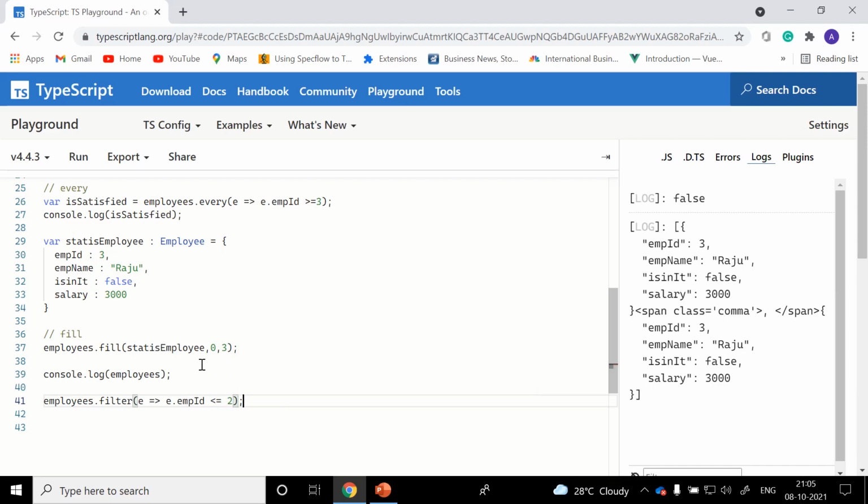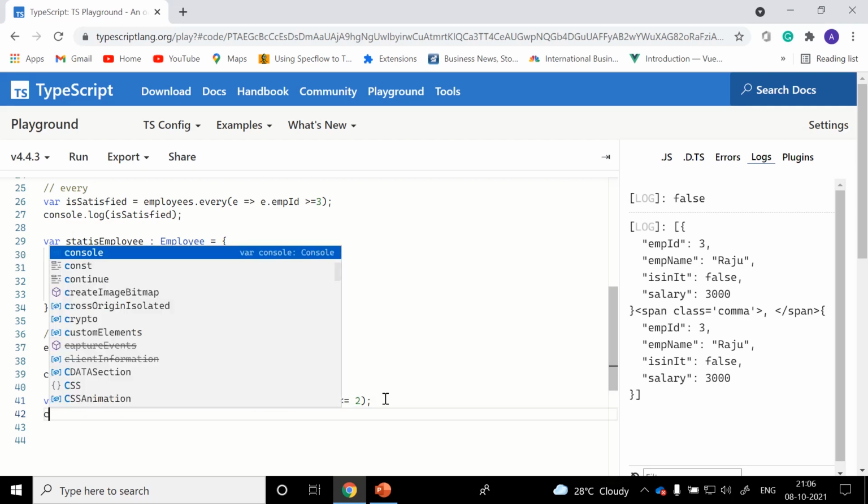I want to get all the employees whose IDs are less than or equal to 2, as the updated employees.